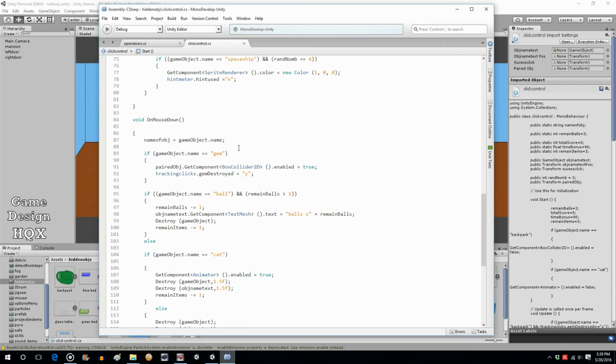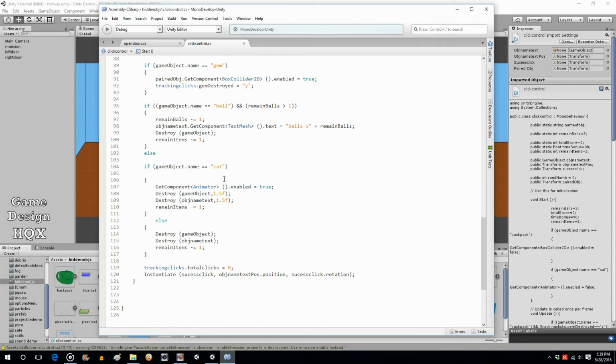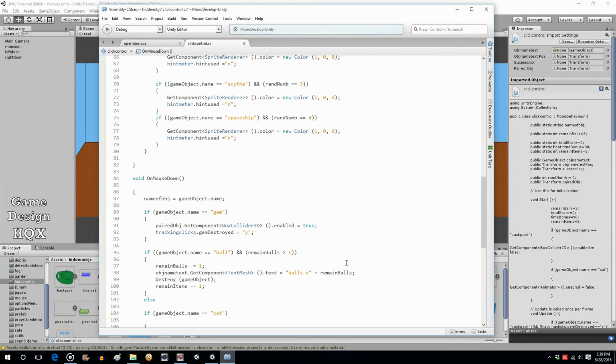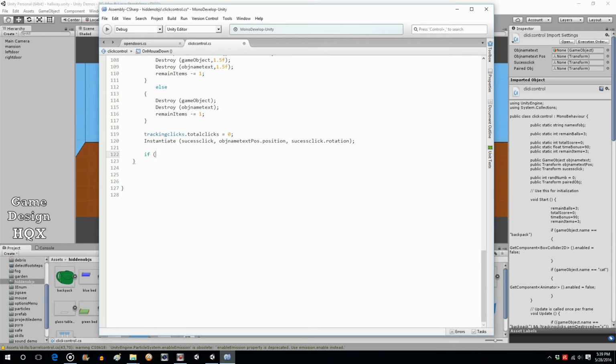So remaining items equals 3. Alright. So in the on mouse down section of click control, if remaining items equals 0, because it gets depreciated every time you click on an item,